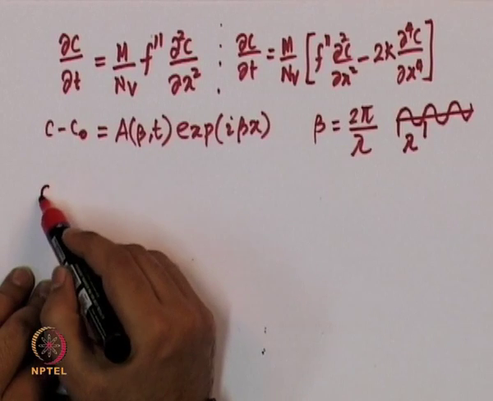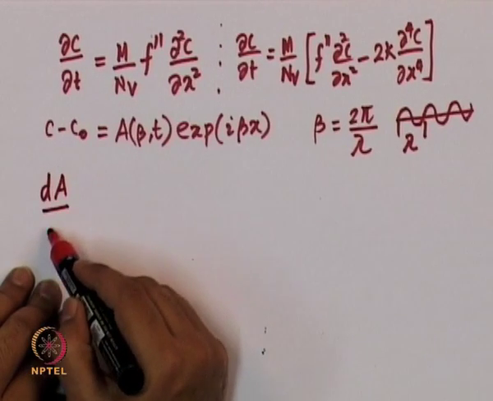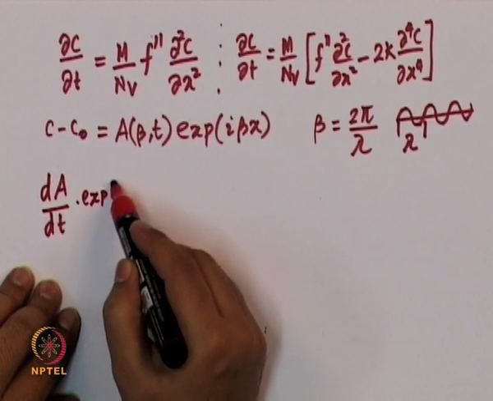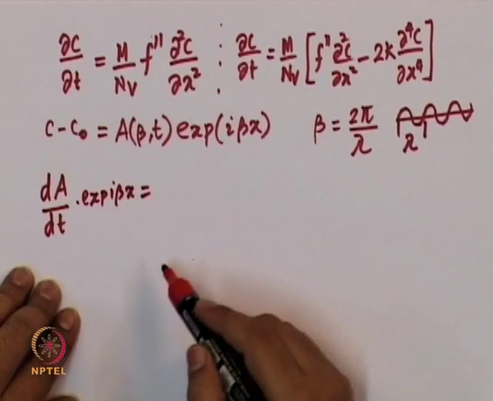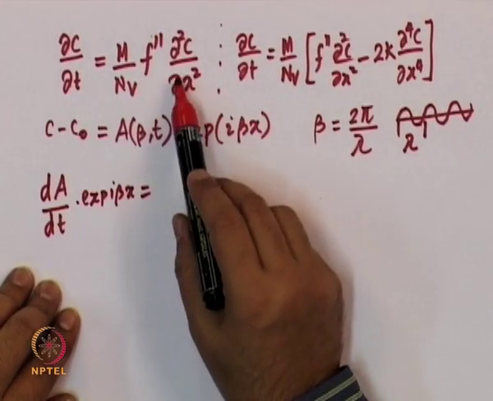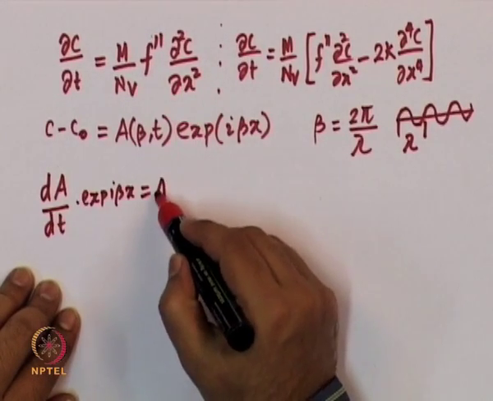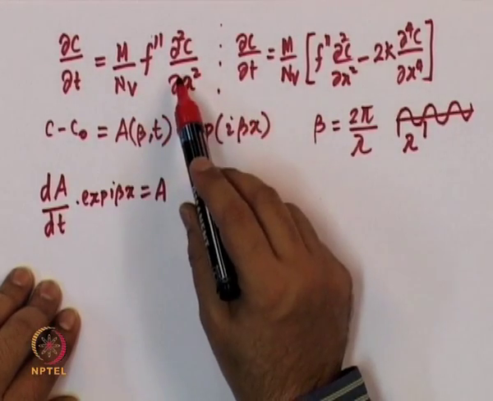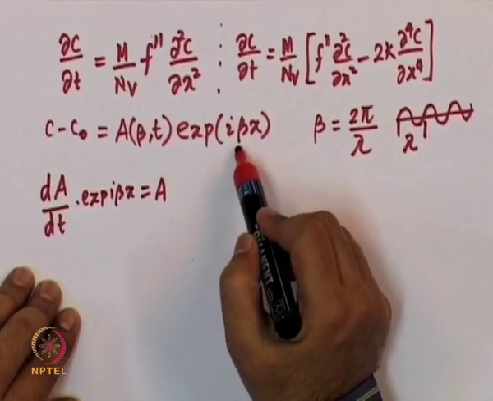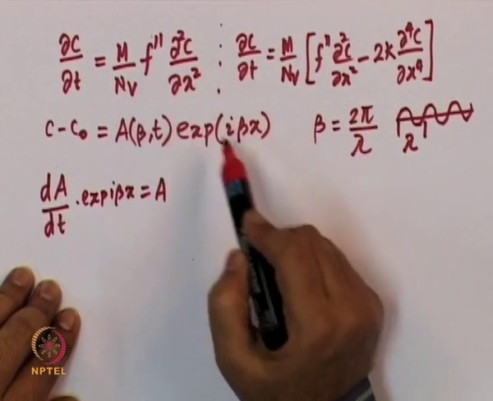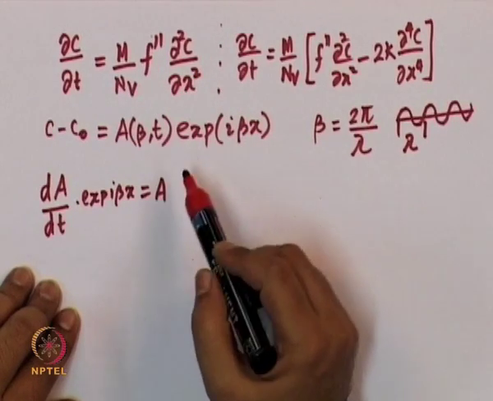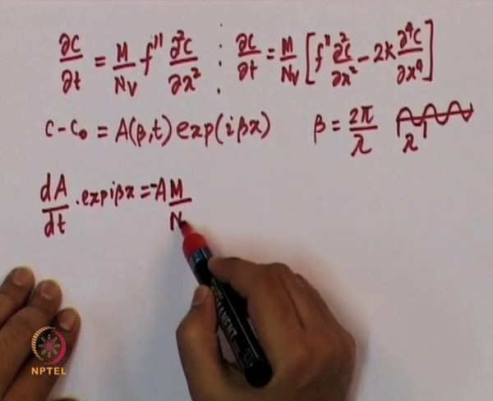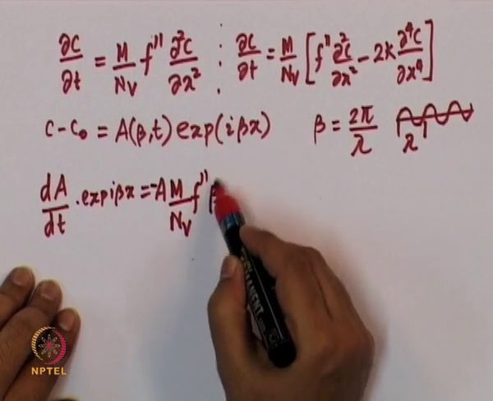So, we get dA/dt times exponential iβx is equal to, now when we do this, A will remain, because that is time dependent, only this term has the position dependence. So, two iβ's will come out, one iβ and another iβ, i squared is minus. So, you will have minus (M/N_v) f'' β²